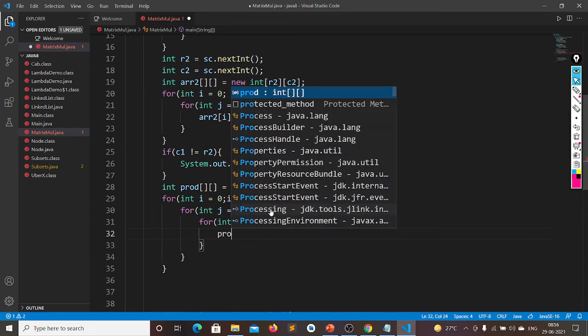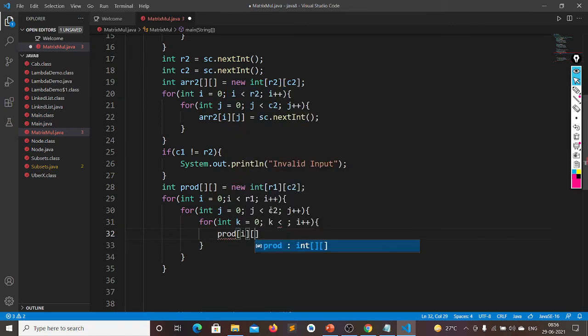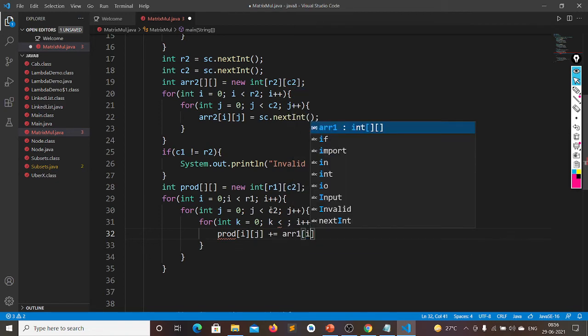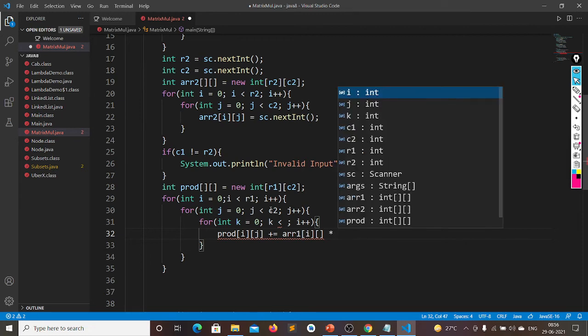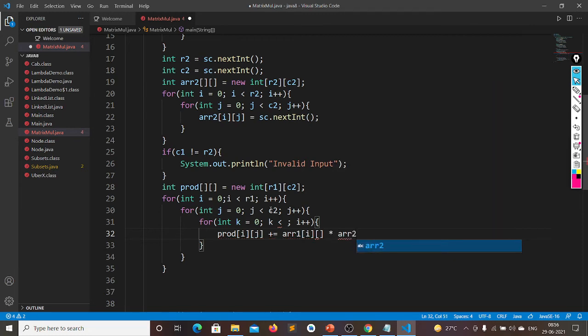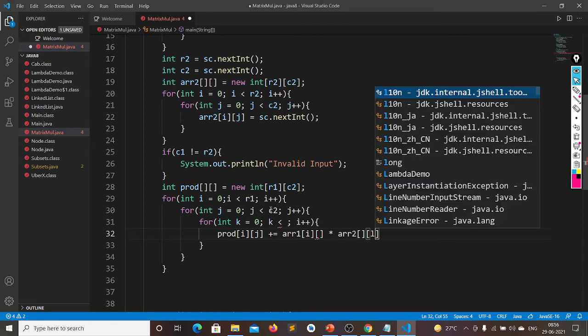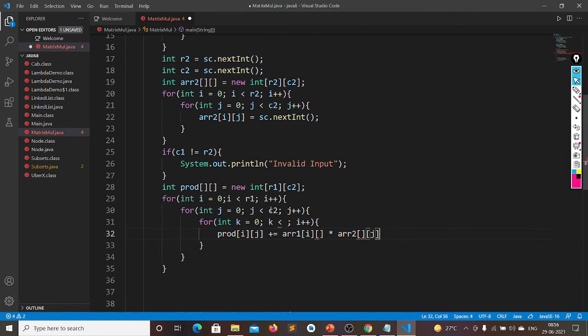Here product of i j plus is equal to array 1 of i, and there will be something, and array 2 of something like j.